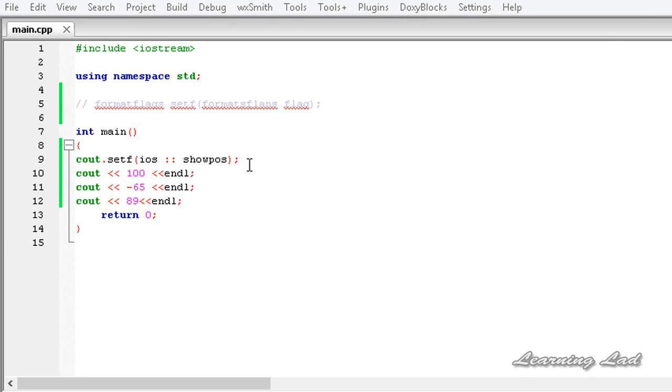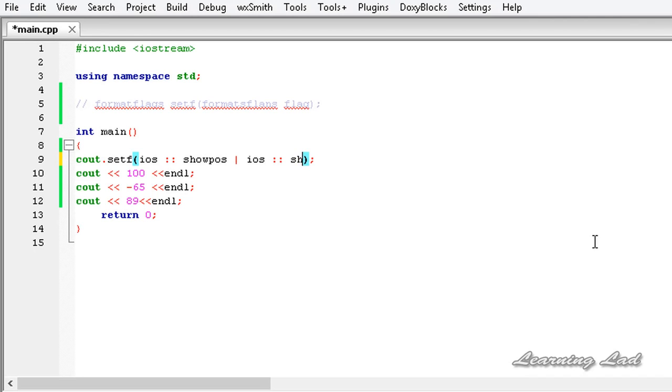At that time, what you can do is you can write the statements again and again, or you can combine them using the OR operator. So here, for demonstration purposes, I'm going to set another flag by using the OR operator. And let's say I want to display a decimal symbol and trailing zeros here. So at that time, I can use another flag called